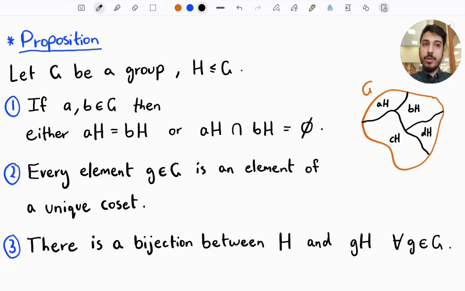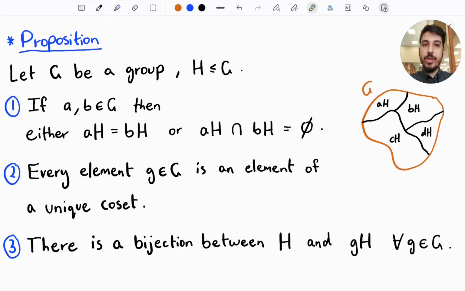Let G be a group, H a subgroup of G. The first result of the proposition states that if we have two elements in G and we look at their left cosets, then either AH is equal to BH or their intersection is empty. So either they're the same coset or they do not intersect at all, making them a proper partition